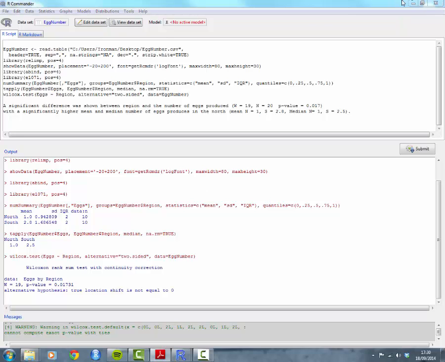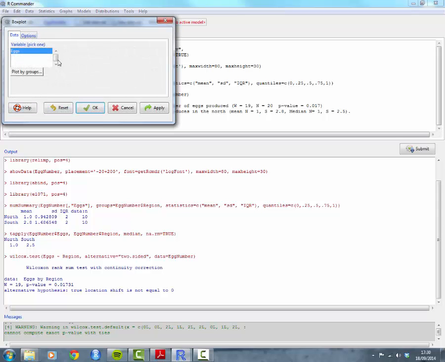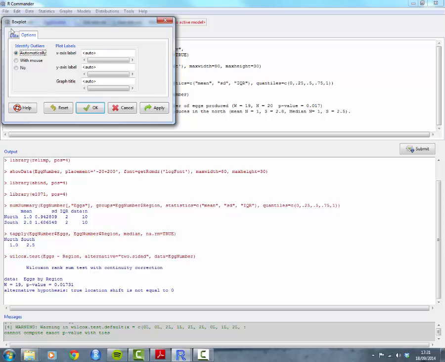But you may also want to represent it graphically as well. And the best way of representing this sort of data is to do a box plot. So if we go to Graphs and go down to Box plot, the first option here allows us to pick our continuous or measured variable, so we'll select X, and we want to see the difference visually between the north and south. So if we want to plot by groups, we select region there and click OK. Is there anything else we want to add on here? You may want to change the X label, so I'm going to call mine region, so that's our X label along the bottom. Along the Y axis, we're going to put egg number, or number of eggs,